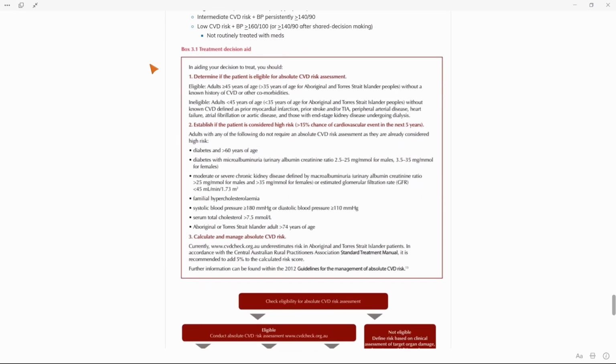As we know, the higher your blood pressure, the higher your risk of developing cardiovascular disease, even if your risk calculator says that they are low. So here's the treatment decision aid from the 2016 guidelines. The first is to assess the patient's cardiovascular disease risk. The eligible adults for the calculator will be aged 45 years or greater, or if they're Aboriginal and Torres Strait Islander, the age for eligibility is lower, 35 and above,